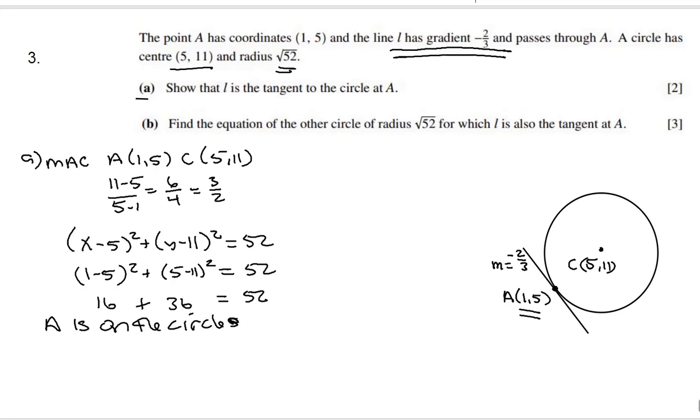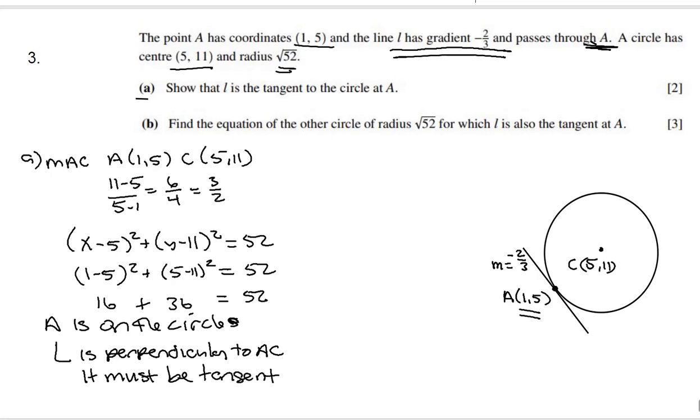That's the first part, okay? So that means it's actually on the circle, and this point, 1, 5, is on the line that goes through A, and the line L is perpendicular to AC. It must be tangent. And then